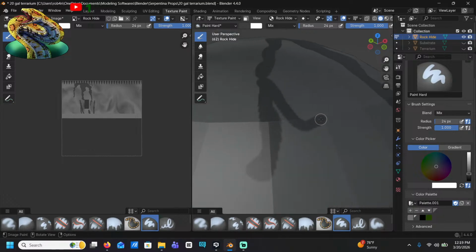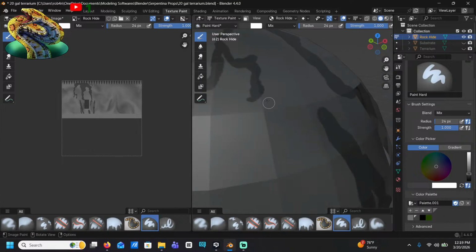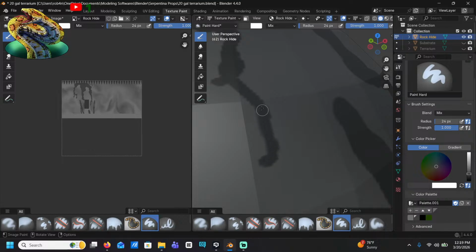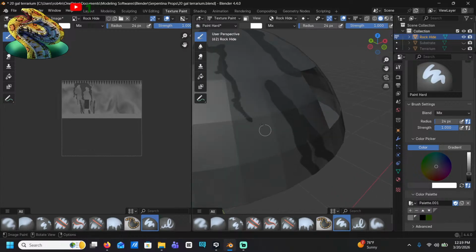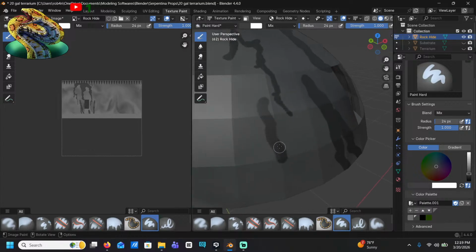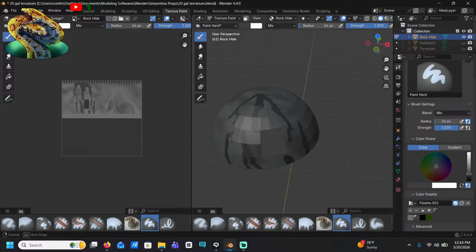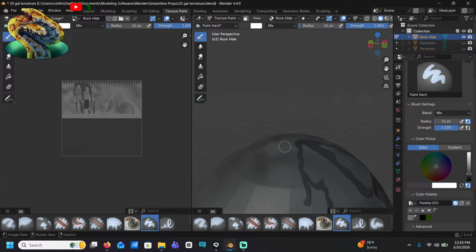Such a cool new trick I just learned. It's kind of neat looking though.